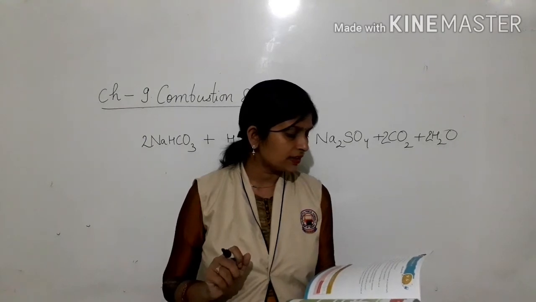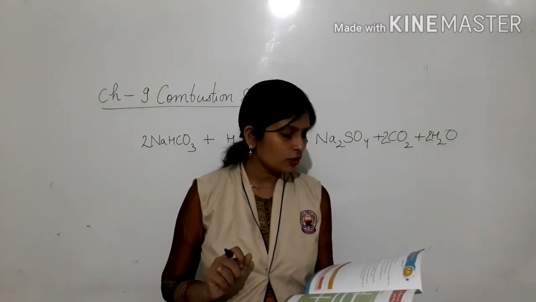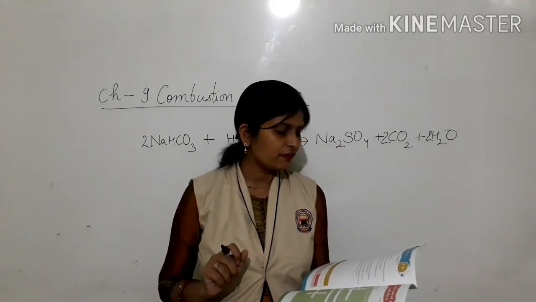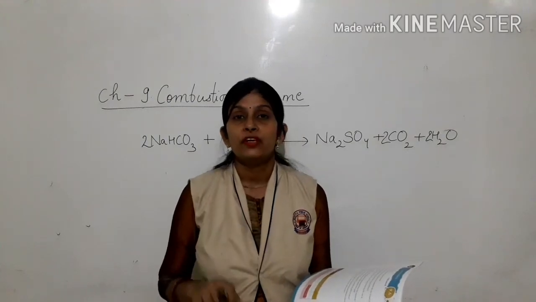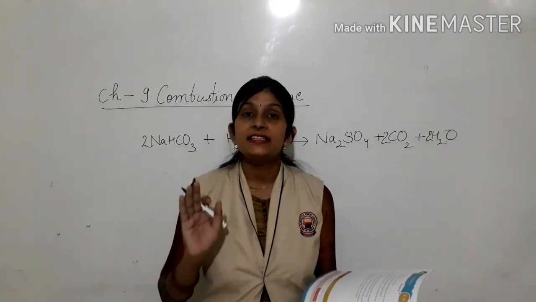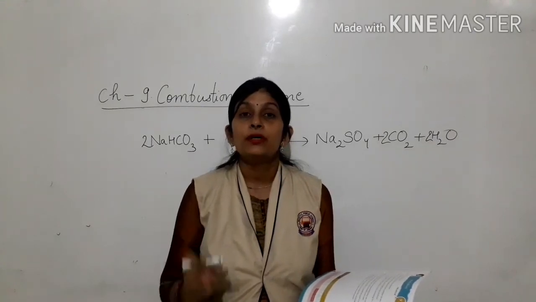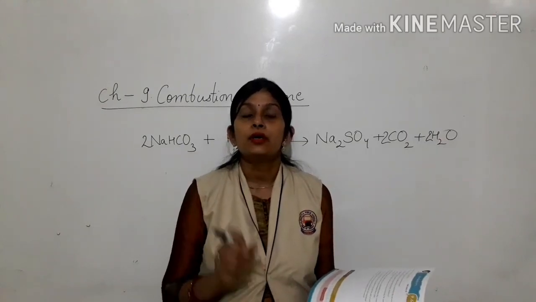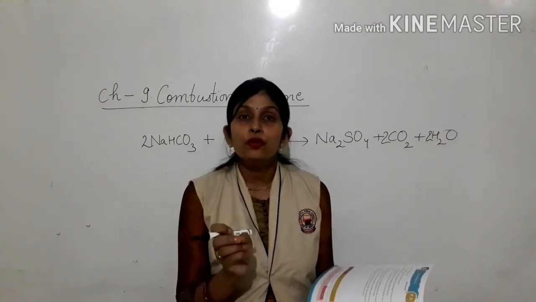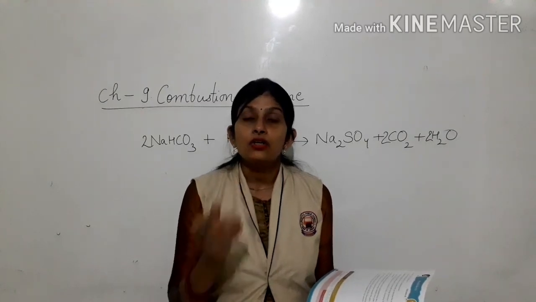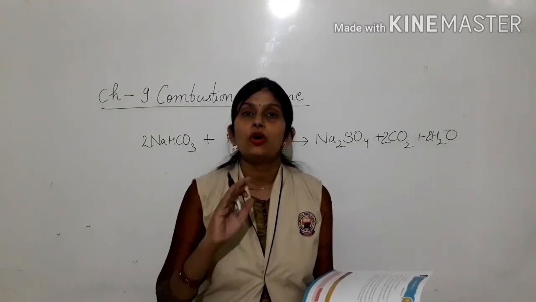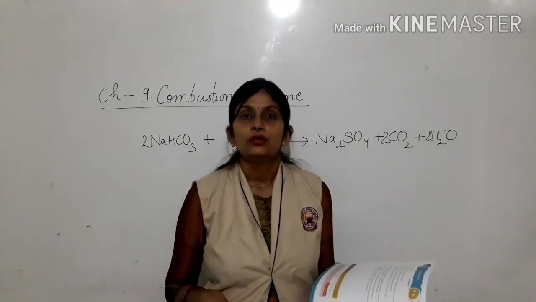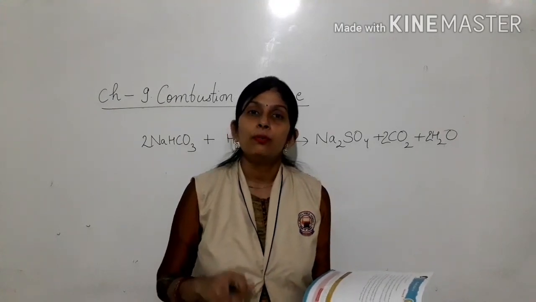B. Can a goldsmith achieve a similar result if he or she blew the innermost zone of a flame towards the gold or silver? Give a reason for your answer. No, he or she will not get the same result with the innermost zone, because the innermost zone is the zone of no combustion, no burning, because in the innermost zone fuel is not getting oxygen at all. So no combustion takes place in the absence of oxygen, so no heat is produced. So it cannot be used to melt metals.